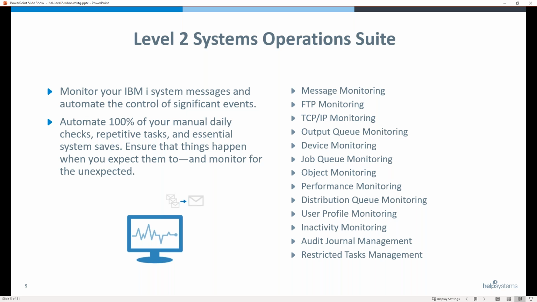Right from the message monitoring element at the very top here, that's the ability to monitor any message queue, including QHST. We treat that as a message queue, QSYSOPR, any user, device, or application message queue, all the way through to the audit journal manager, a component that straddles QAUDJRN and can tell you when things have been